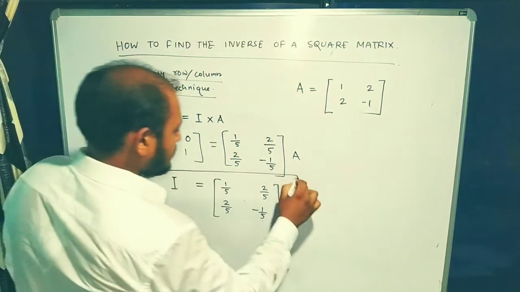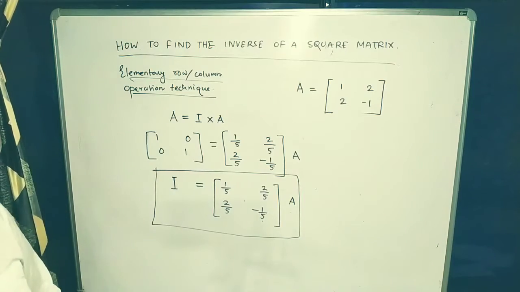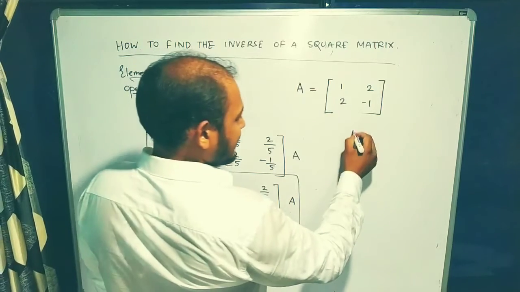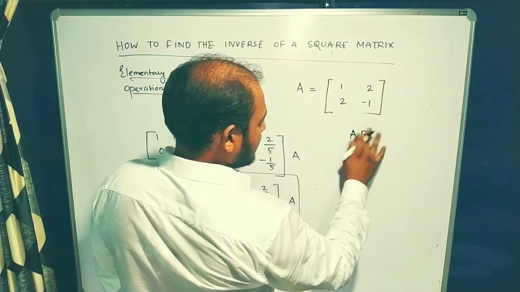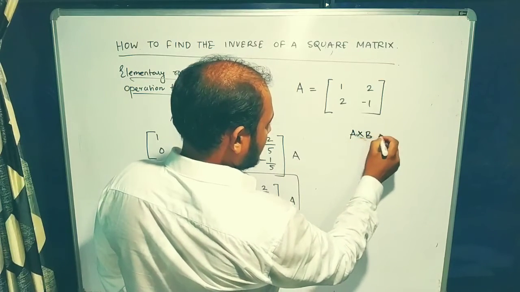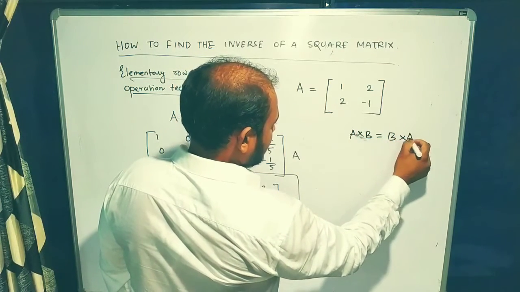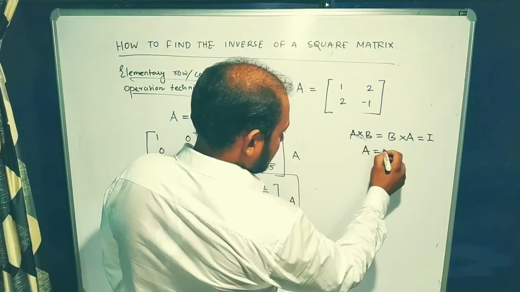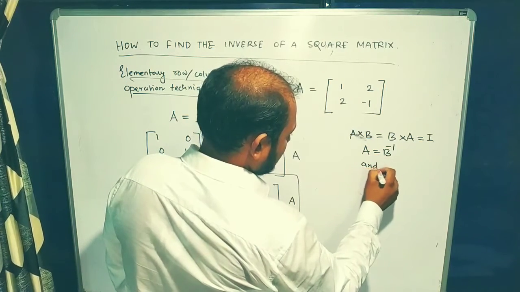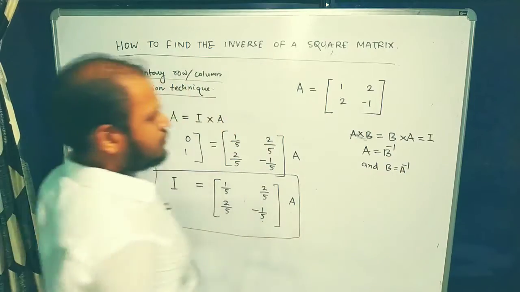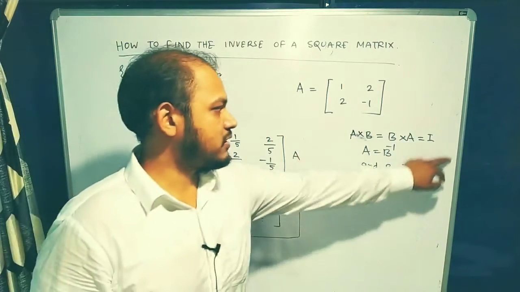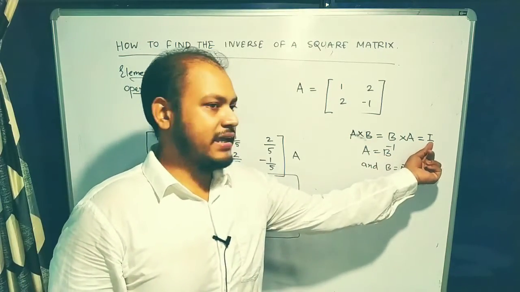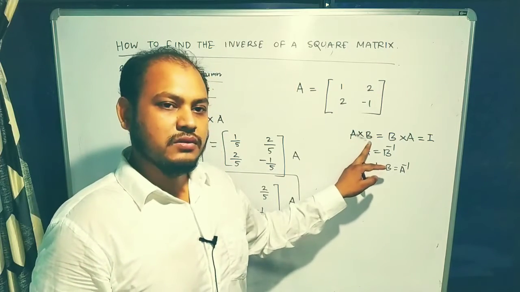Now take a very good look at this equation. Remember, in the starting of this inversion technique for a matrix, I told you that when A multiplied by any matrix B is the same as B multiplied by A, and it is equal to I, then we were calling A equal to B inverse and B equal to A inverse. According to the definition of inverse of a matrix, this is the definition, right? So when two matrices are multiplied and we are getting I, that means one of the matrices must be the inverse of the other.